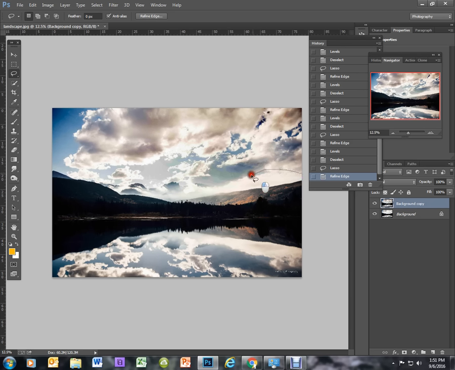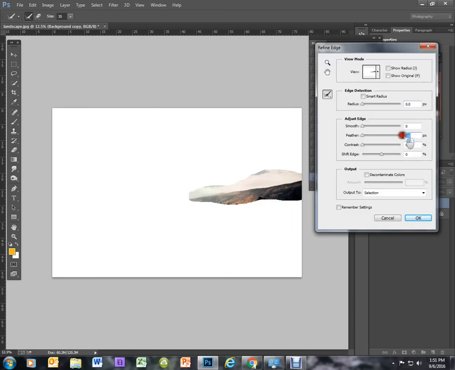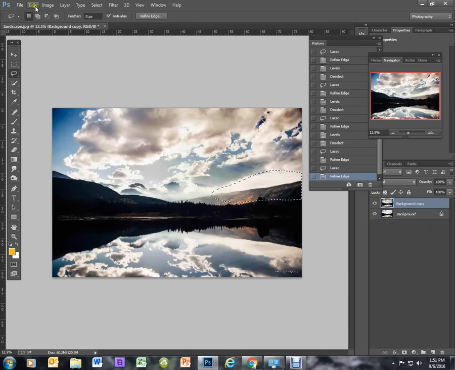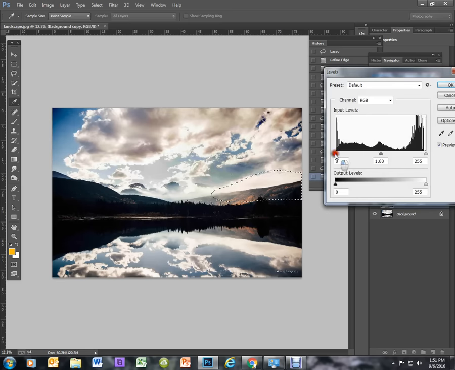So I'm going to go ahead and select some of this white cloud above it and the mountain, and let's see if that works. I need to make sure my selection is big enough to be selected and to be feathered. So let's see here. Okay. All right, that did work. So I'm going to come up to my image adjustment levels, and I'm going to darken it a little bit. Now it's all kind of even, so